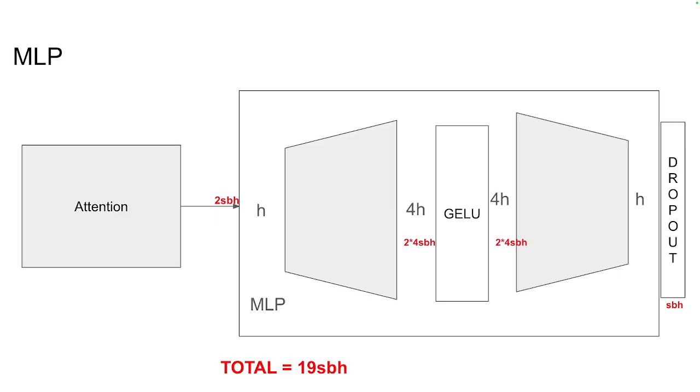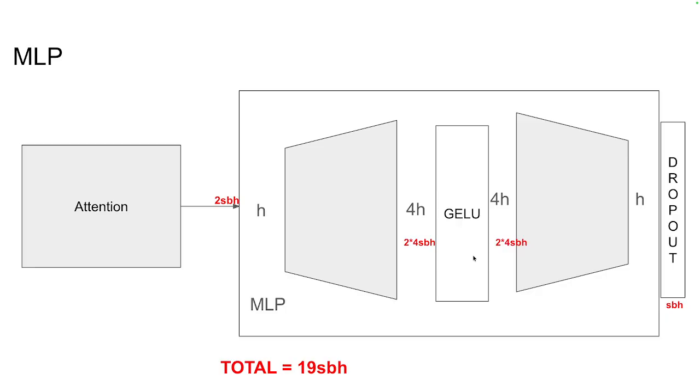And after the attention layer, then we have the MLP layer. MLP layers are generally more straightforward. So from your attention, we send in, as I said, attention is very homogeneous, so you send in 2 SBH activations, and this will go through all our MLP layers. So in MLP layers, we basically up project and then apply a linear activation, and then we down project. So generally your dimensions go from H to 4H and then 4H back to H, and in the middle you will apply GELU